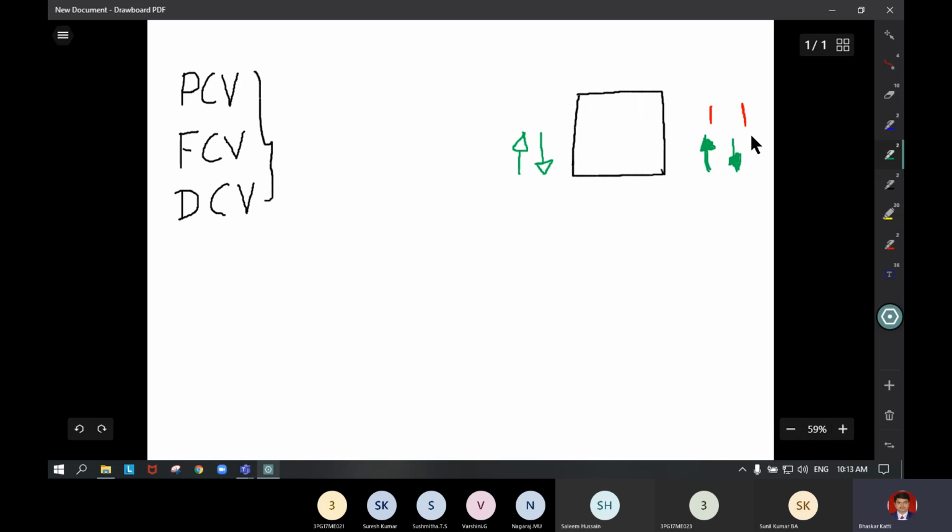Then the flow path directions inside the valve body have to be written by arrowheads connecting the inner opposite sides of the square. Inside the square box, we have to write that arrow mark. The arrow tail and head